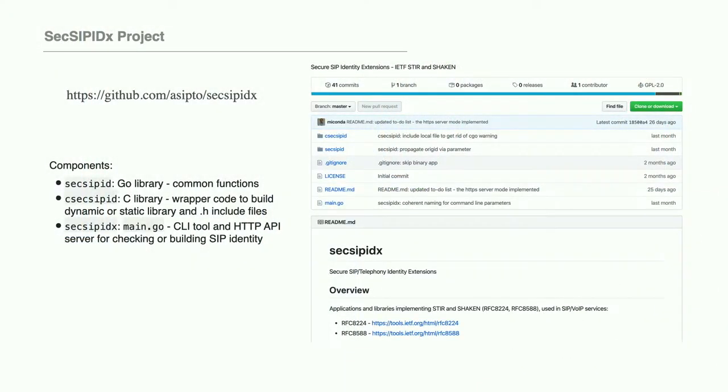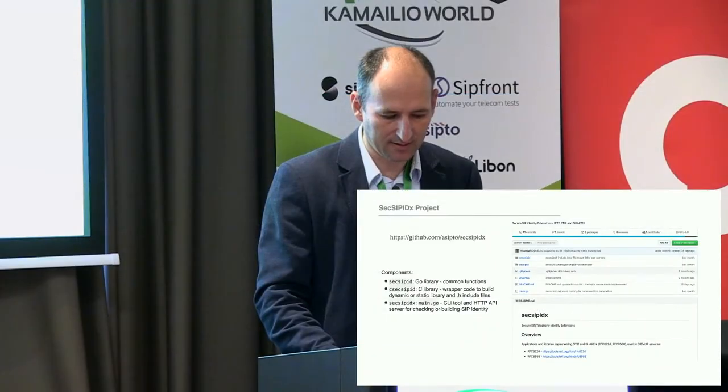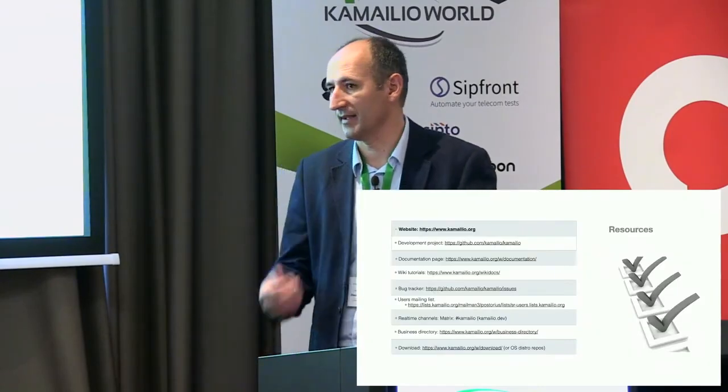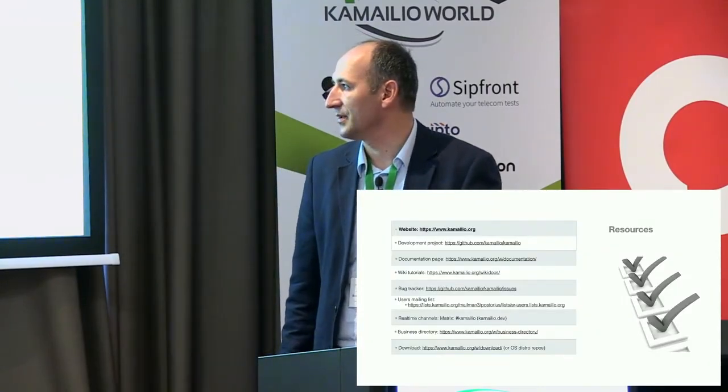Besides the library that is used by the Kamailio module, you have some command line tools that you can use for testing STIR/SHAKEN, as well as running as a REST API server that gives you the STIR/SHAKEN validation or the identity header. So I know that the US, Canada, and it has started in Europe in some countries, maybe with some variations, but it's getting here as well. UK and France, I think, they push towards this.